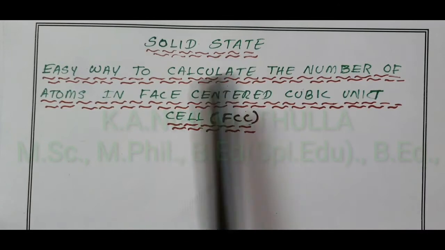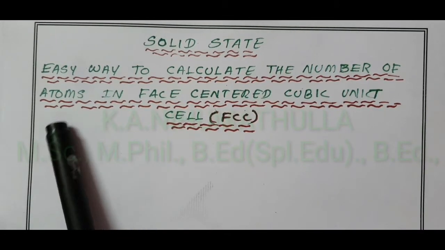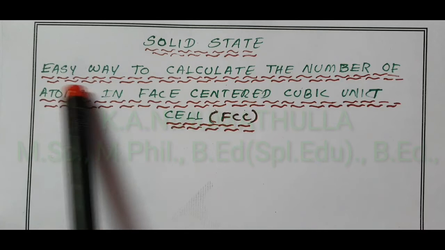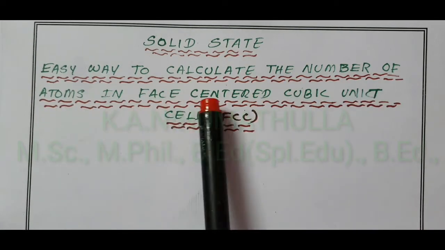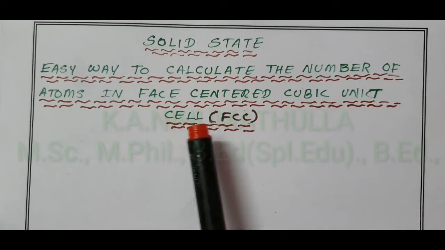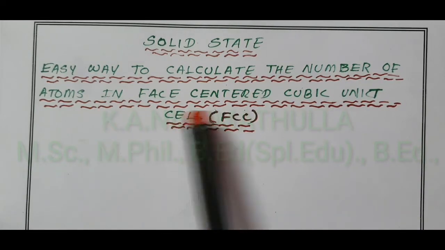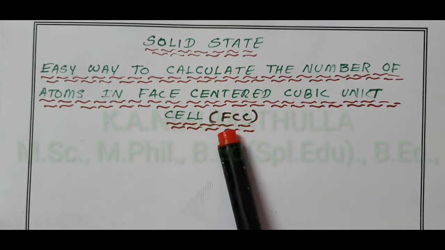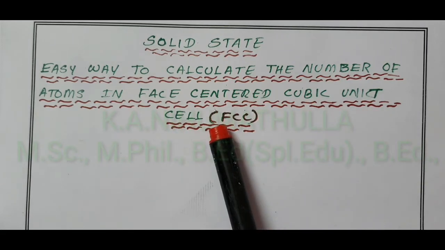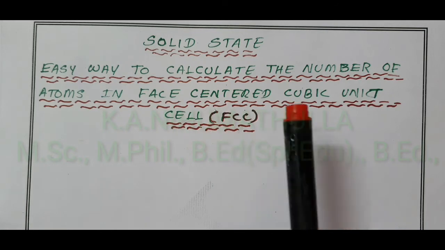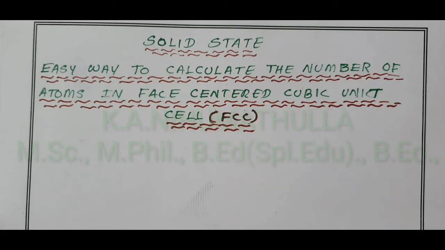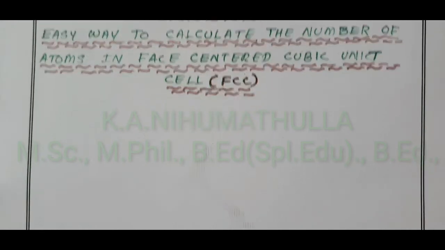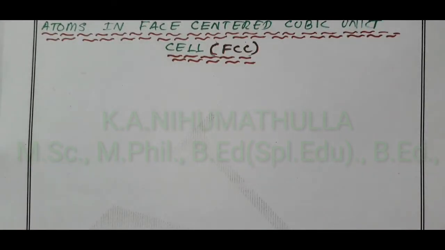This is solid state. In this video we are going to discuss an easy way to calculate the number of atoms in a face-centered cubic unit cell, FCC. In the previous video we discussed the number of atoms in the body-centered cubic unit cell and also in the simple cubic unit cell. Before that, you should know where the atoms are present in